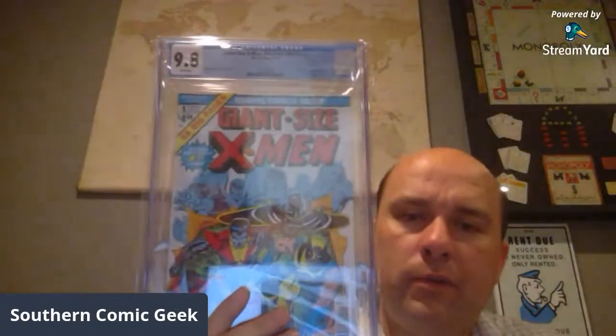It's in a CGC holder, which means I'm not going to be able to send it back to CGC because I'm getting somebody outside of them to clean it and press it. But I will send it to CBCS, and they are using the yellow labels now, even when they didn't personally see it. So we will be able to get